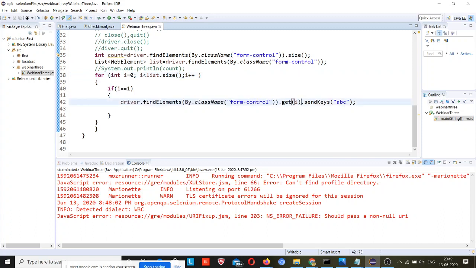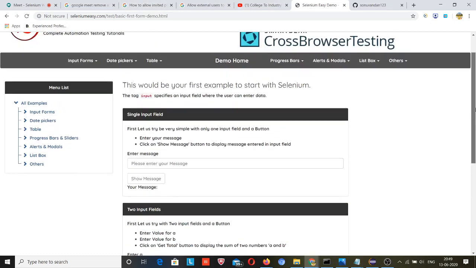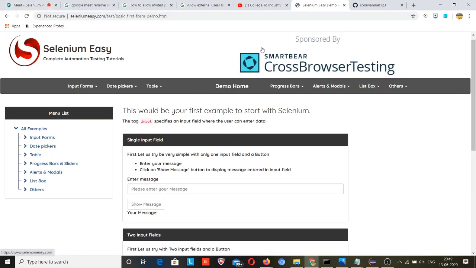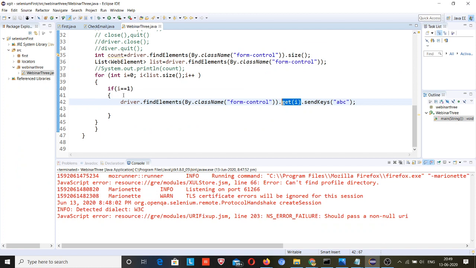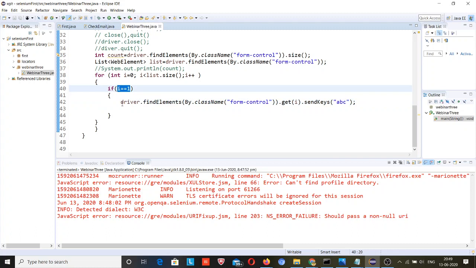If I do not pass the get I method over here, it will again refer from the top left of the page. So it will try to refer from here. Again it will find, that's fine, that i's value is here, that i is value 1. The index will be found, this will come true.